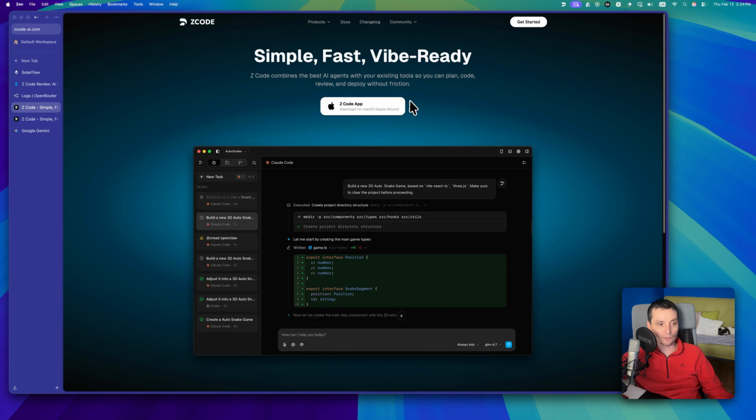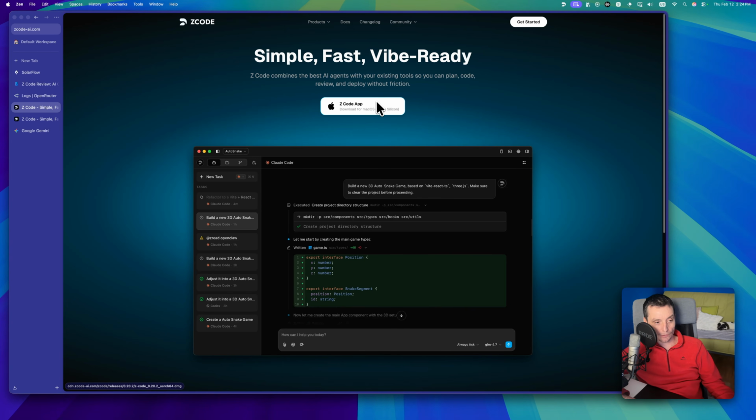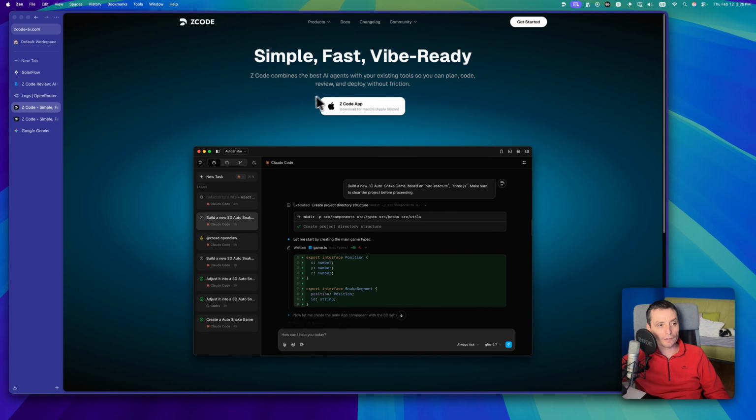For the one that doesn't know, Zcode is an application developed by ZAI, the one that has GLM, that can help you work in a desktop environment with tools like Claude Code, Gemini, Codex, and this is their website, the Zcode website,